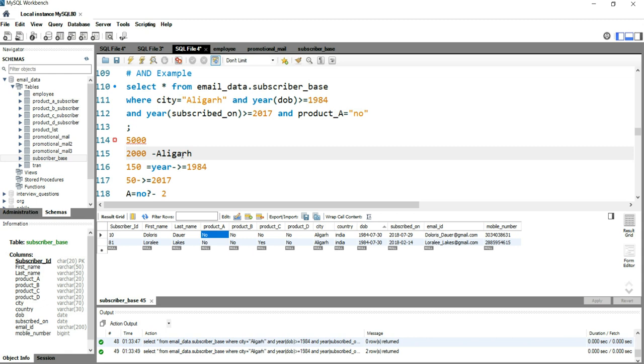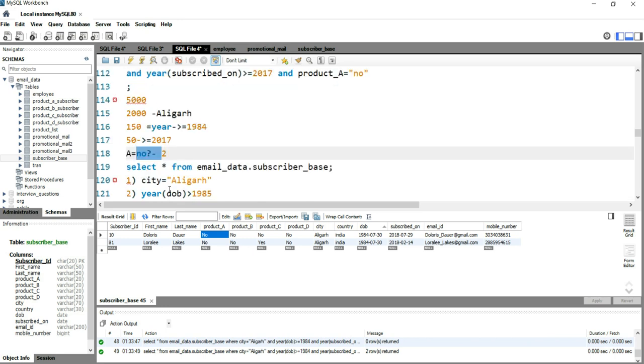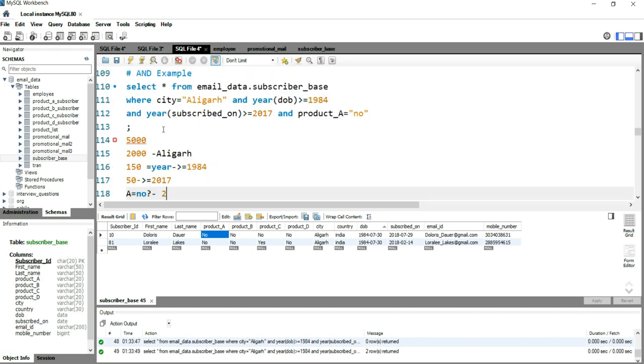Their city is Aligarh, the year of date of birth is 1984 or above, the subscription is after or equal to year 2017, and they have not subscribed for product A. So that's how the flow goes for this query.